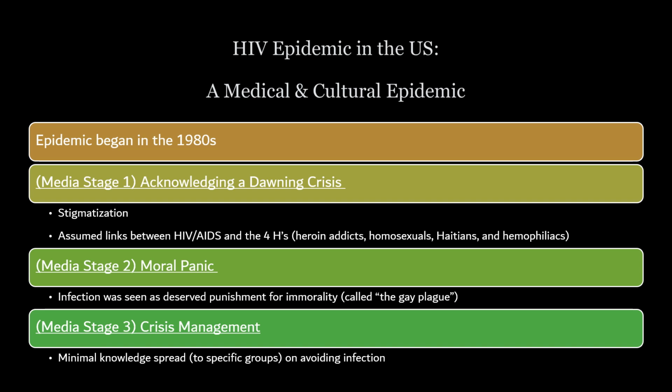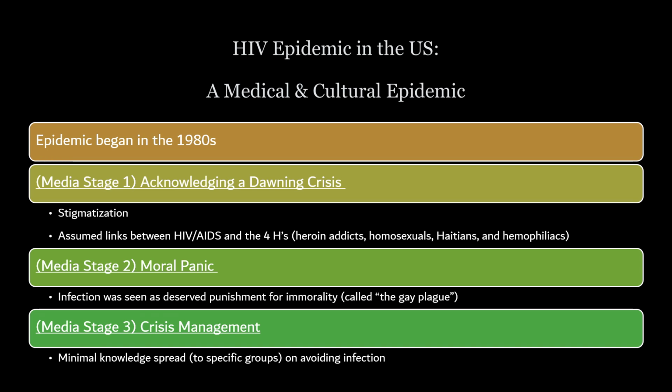And so individuals in those categories or who were part of those communities were being affected at higher rates than other people. And so the assumption was that people in those communities were having these high rates of HIV infection because of their lifestyles, behaviors, morality, and things like that. And of course, we understand today that